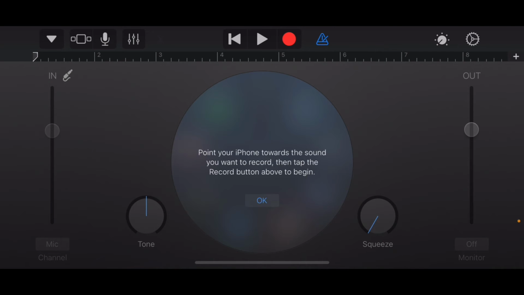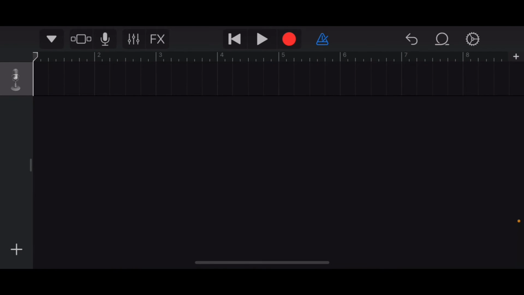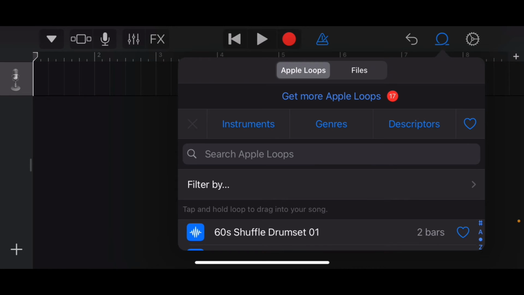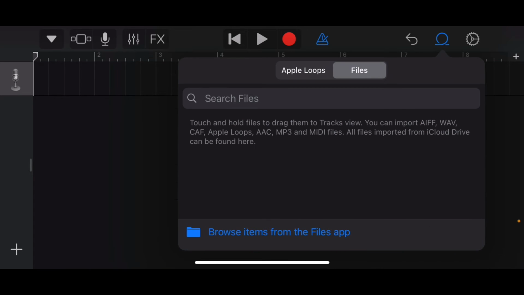Now this is the menu you will get. Next, select the second icon from the right side, the loop icon, and then select Ringtones. Then you can select Files and browse. As you can see, I have selected that file. You need to wait a few seconds so the file can be displayed here. Yeah, now I can see the ringtone in this file.